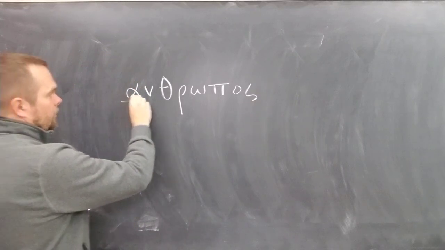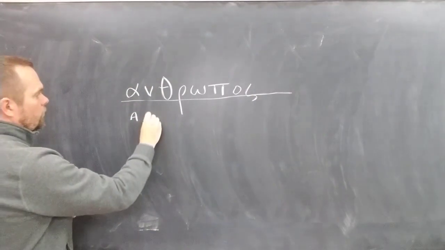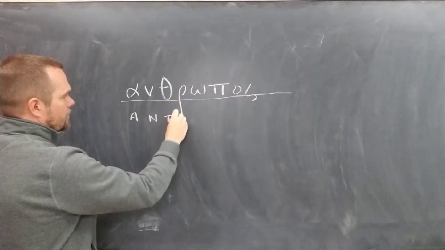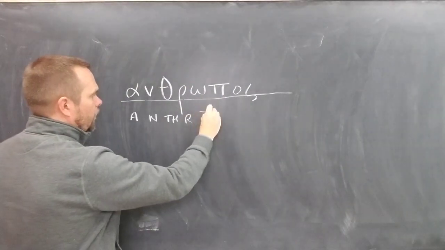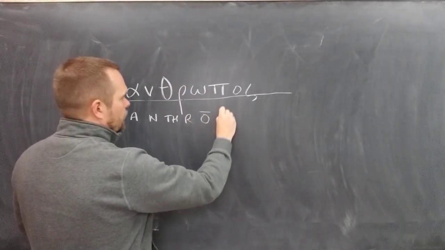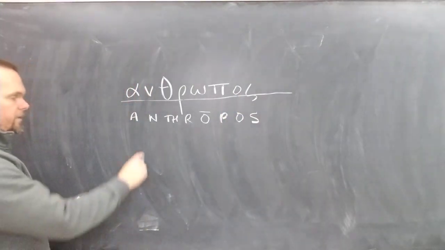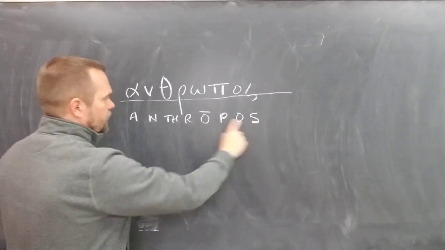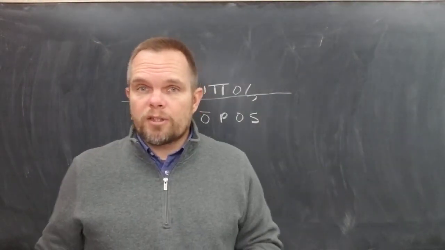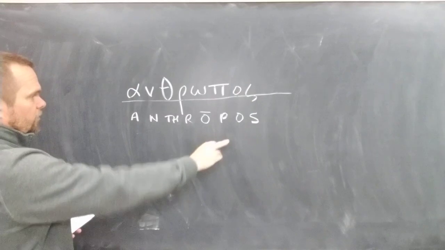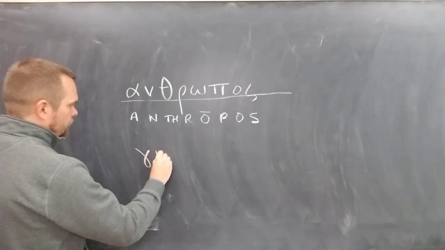Okay, draw our line across there. This is alpha. This is nu. Here we have the theta, rho. Here we have an omega, which is a long O. P, omicron, and final sigma. This is our Greek word anthropos, which means man, like the study of anthropology. Anthropos, which means man. The word for woman in Greek,